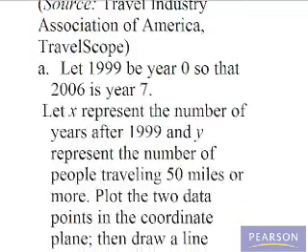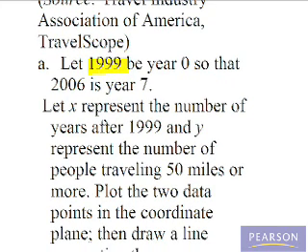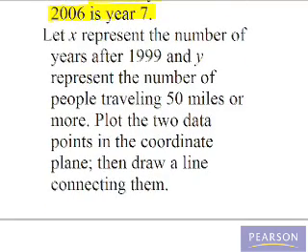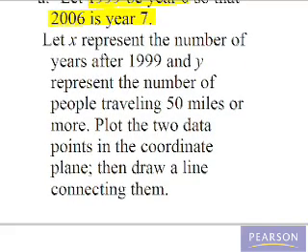Let 1999 be year 0, so that 2006 is year 7. Let X represent the number of years after 1999, and Y represents the number of people traveling 50 miles or more. Plot the two data points in the coordinate plane, then draw a line connecting them. To do this,